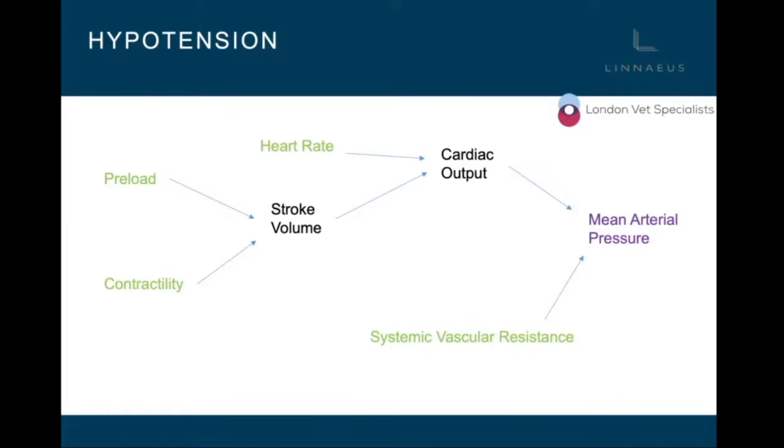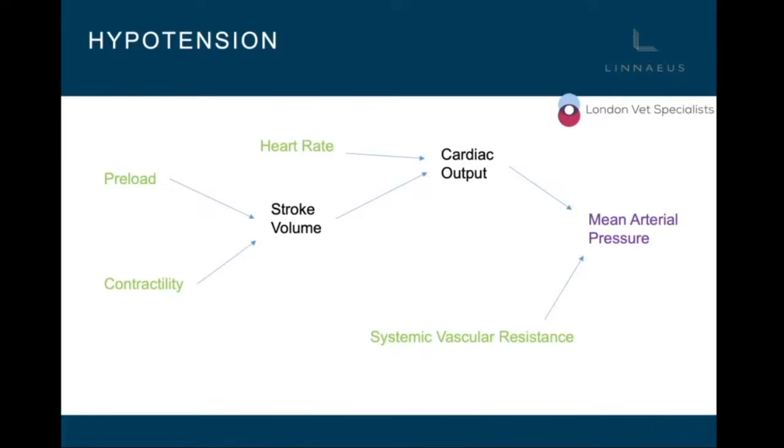So I always look at the anaesthetic depth first and reduce the amount of volatile agent that you're giving if appropriate. I think the next best thing to look at is the heart rate, because this is an easily identifiable figure. You look on your monitor or you count the beats per minute and you have an objective parameter. So if the heart rate is abnormally low and you have hypotension, I would usually